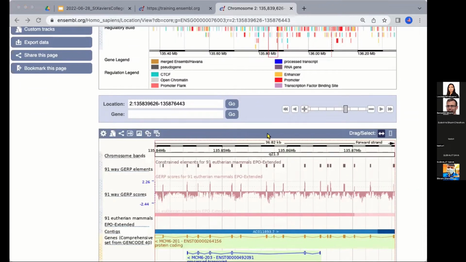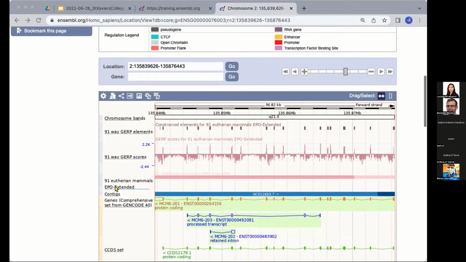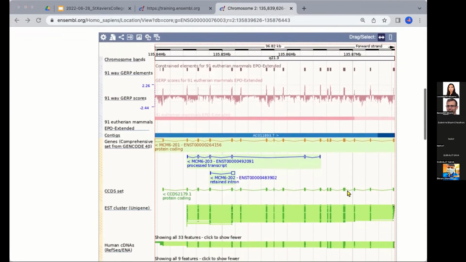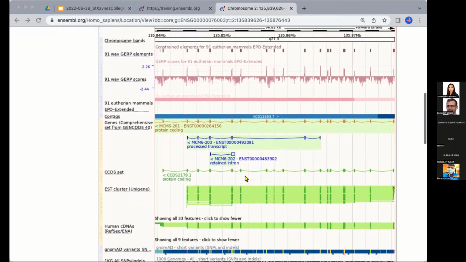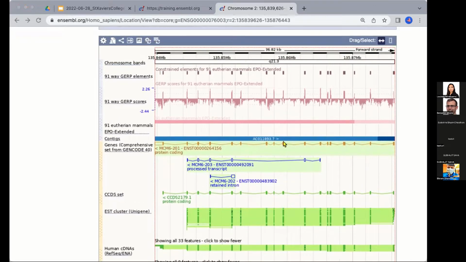Okay, so it might take some time for this to load, and that's just because there's so much information that Ensembl is trying to show on the browser. So this is why you just need to be a bit patient with this view. Okay, so as you've seen with the demonstrations with Ben yesterday,